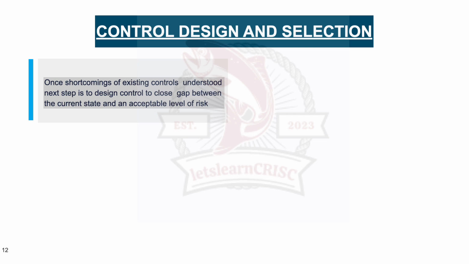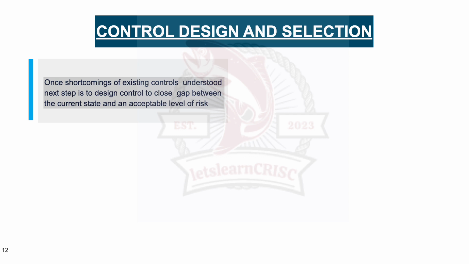This process is crucial for fortifying the organization's risk management framework and ensuring alignment with its risk tolerance and objectives. For example, if the assessment revealed vulnerability in the cybersecurity due to outdated software, the organization might design a control that involves implementing regular software updates and patches. Similarly, if human error is identified as a significant risk factor, an enhanced training program could be selected as a control